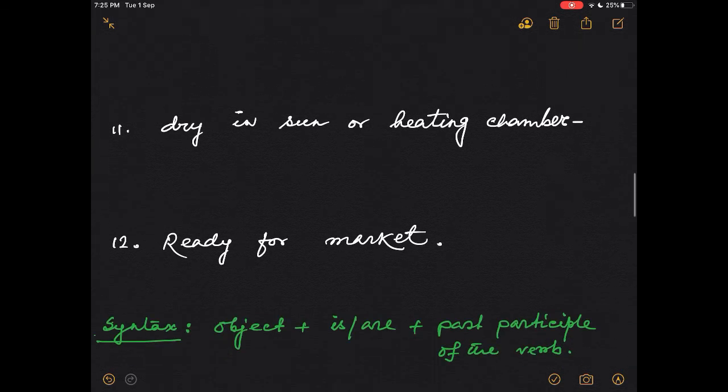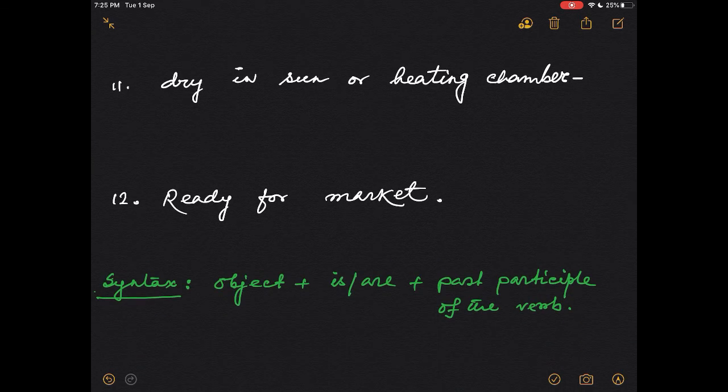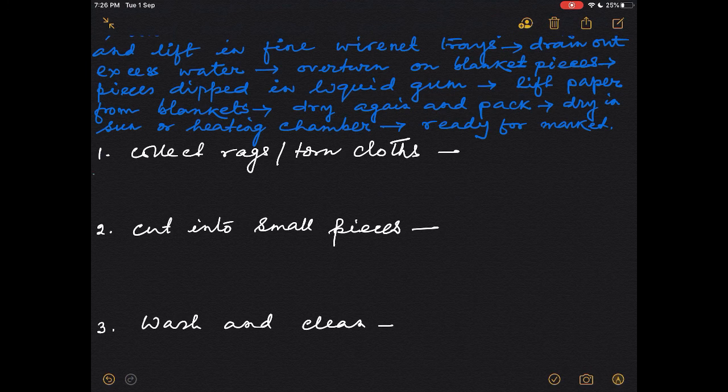Now the syntax, you know: object plus is or are plus past participle of the verb. This is the passive syntax of the present indefinite tense, and it is mainly used in process writing. Now we will use the points one by one in our own sentences using the passive voice syntax. See, the first one, the verb is collect and rags or torn cloths. So the object is necessary: rags or torn cloths, these are the objects. So use first,